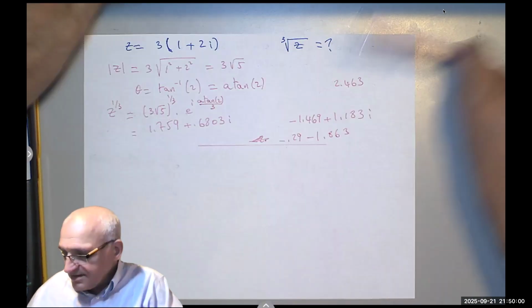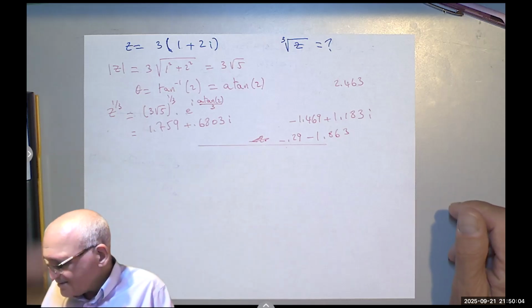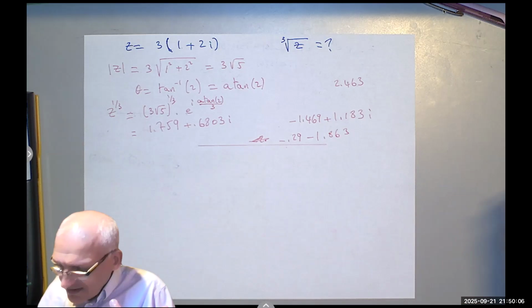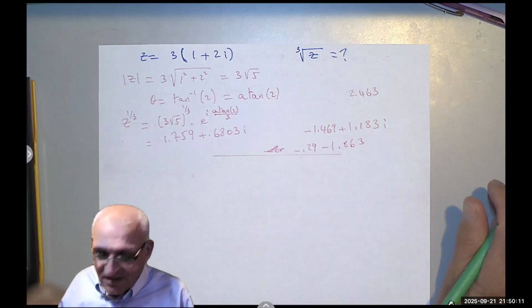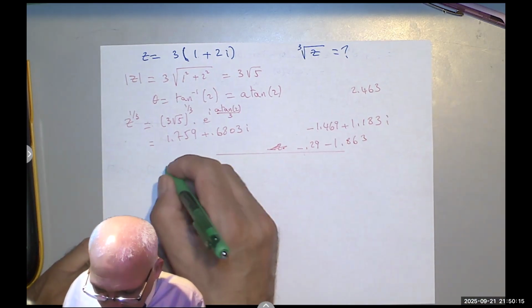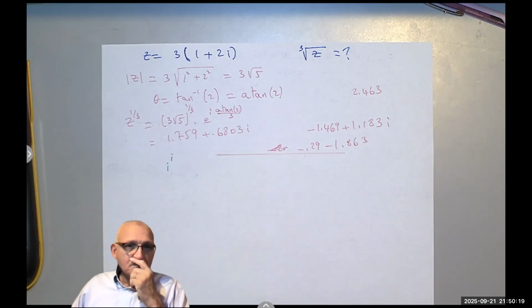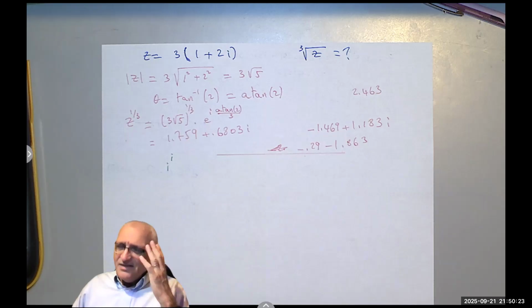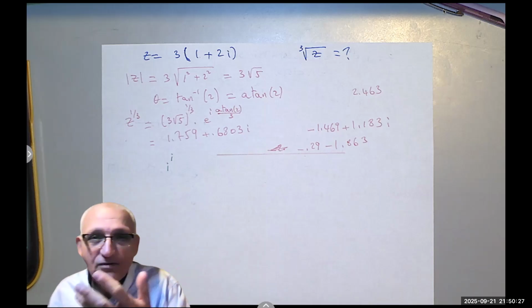I'm going to take another example that may look crazy, right? You might have seen this online. I mean, there are people who show this stuff. Suppose you want to evaluate what is i to the power of i. Say, what? How even do I think about that? Every time you have something to the power of i,